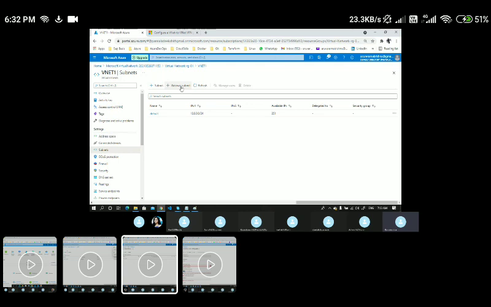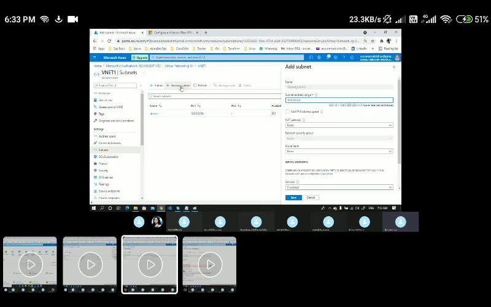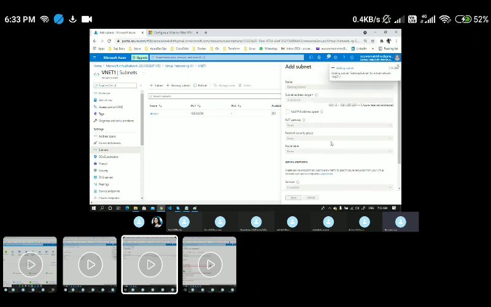To create a gateway subnet, you could see here, when I click on gateway subnet, it will not allow you to edit the name. Within Azure, if you want to create certain resources, you should have a separate subnet with a specific name. If you remember, to enable Azure Bastion, we created a separate subnet called Azure Bastion subnet. Same way here, to create a VPN gateway, we will create a separate subnet called gateway subnet. It is taking the default IP ranges, and I'm just going with the defaults and clicking on save.